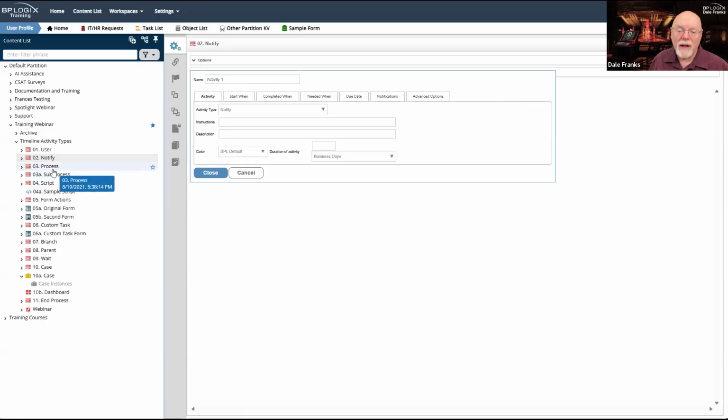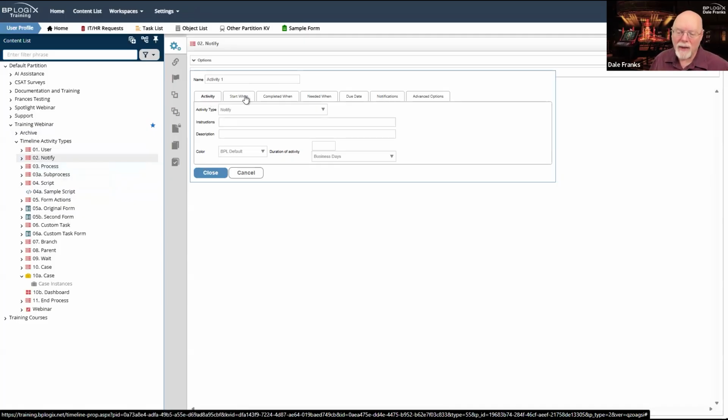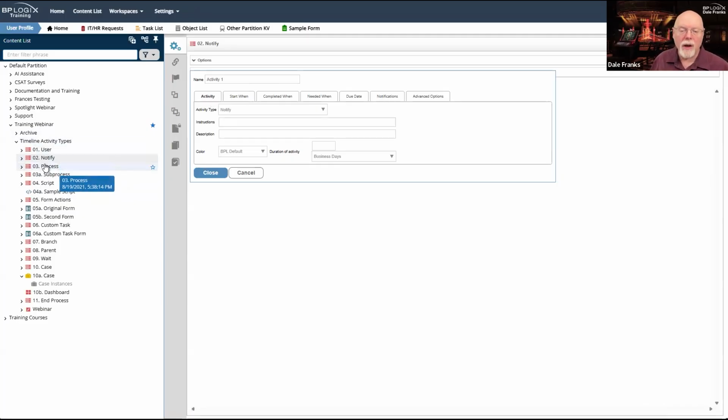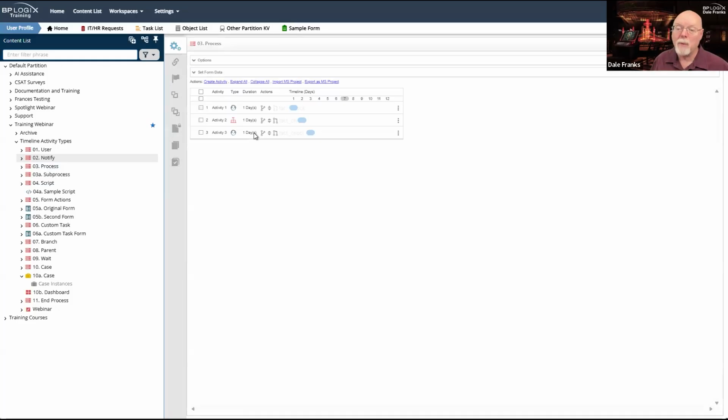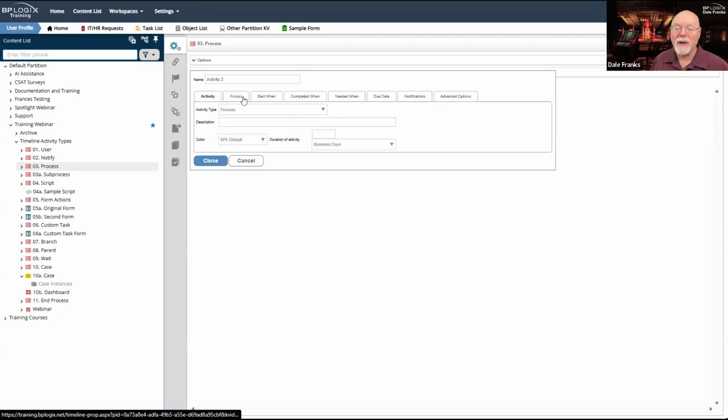Now, most activities do have their own unique tab that will appear immediately after the activity tab. So right now we have activity and then it goes straight to start when. But if we go back to a process activity, I will at least have a process tab that shows up for that activity type.